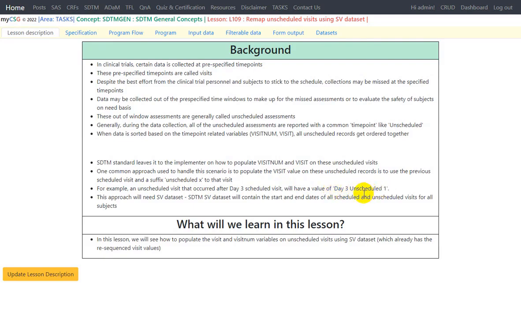Similarly, if a second unscheduled visit happened after the day 3 scheduled visit, we populate it with a value of day 3 unscheduled 2. Similarly, if an unscheduled visit happened after day 7, we populate the visit variable value on that new unscheduled visit which happened after day 7 as day 7 unscheduled 1. So we are trying to create a counter variable which indicates the nth unscheduled visit which has happened after the